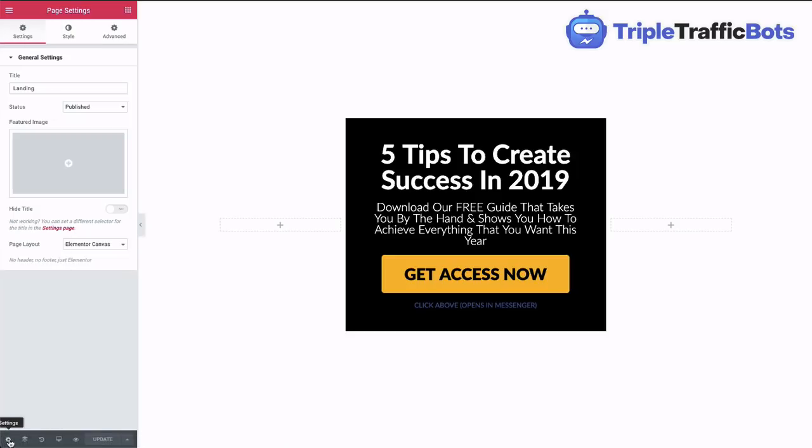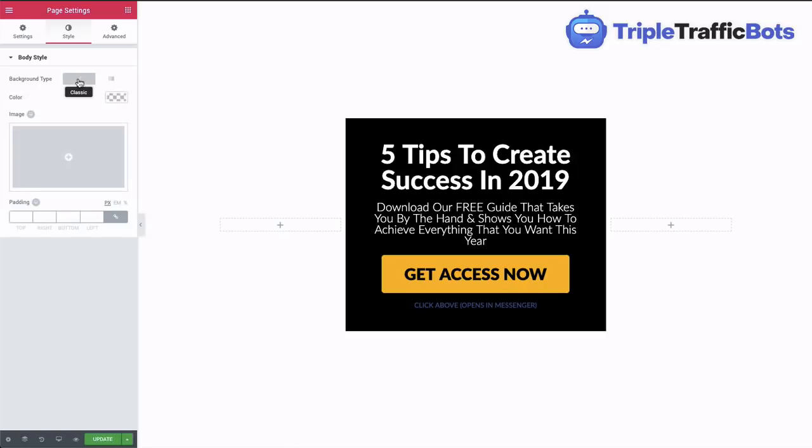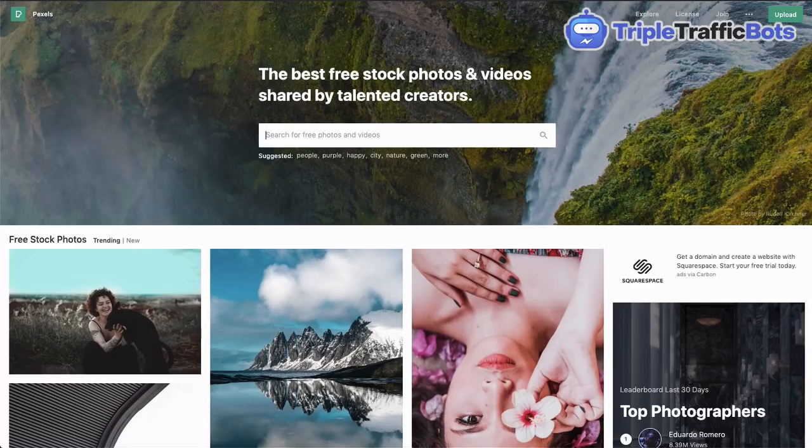So once we click on the settings, we come up to the page where we chose Elementor Canvas. What we do is we go to the Style tab at the top, then we go to Background, and we click on the paintbrush, click on Classic. Now we could just choose a color, or we could choose an image. Okay. Now what's cool is to put some really cool picture. You know, something that is either drawing people to the center, something that's just pretty cool, or something that's desirable. Okay. Now to find your photos, what I would recommend you do is go to a website called